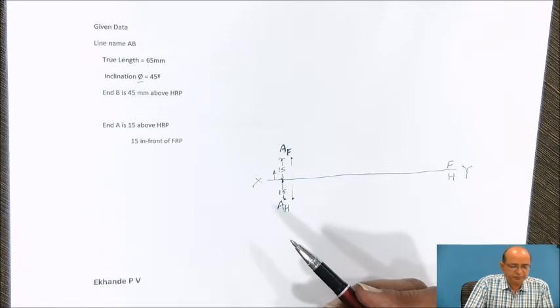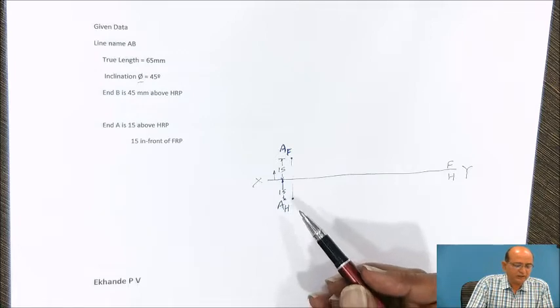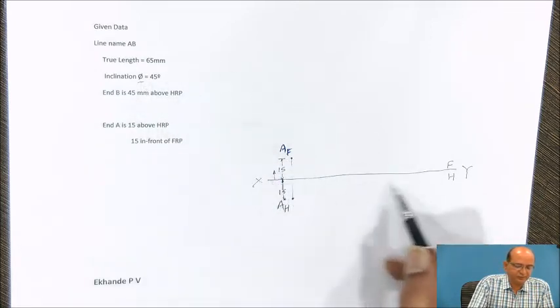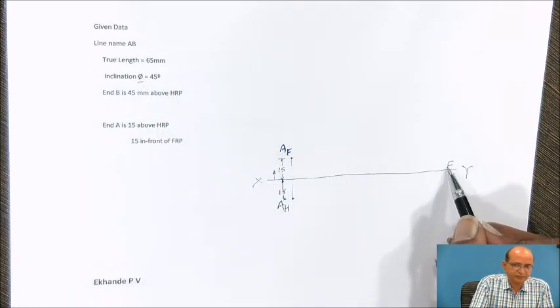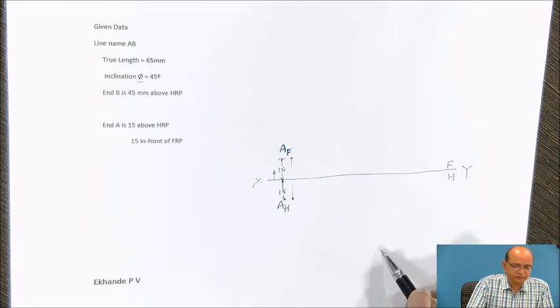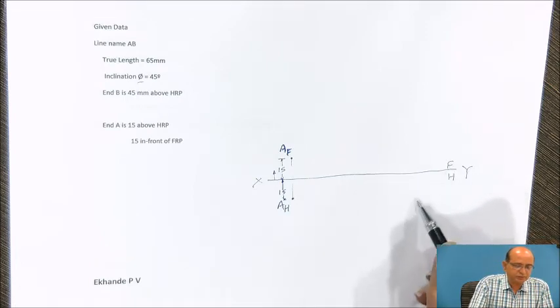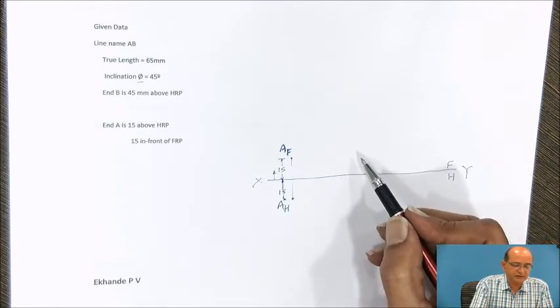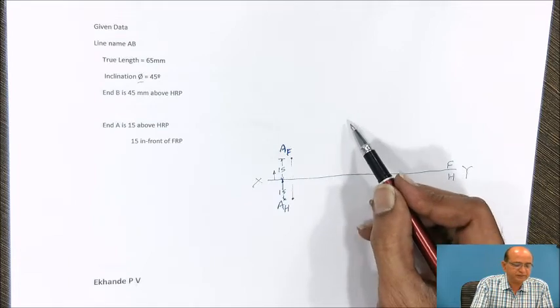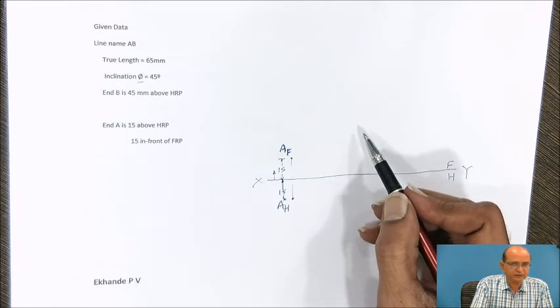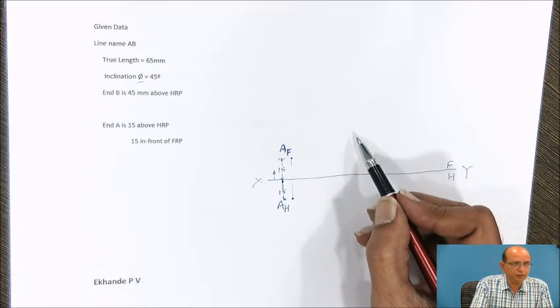in the front view side we will get this angle as a true angle, and inclination with FRP. So inclination with FRP, that will be seen in the downward direction, because that is opposite to F, and the inclination with HRP will be seen in the upward direction. So that will be in the top view region.